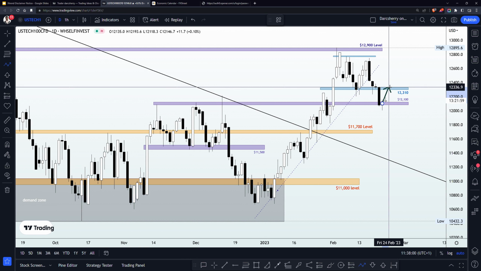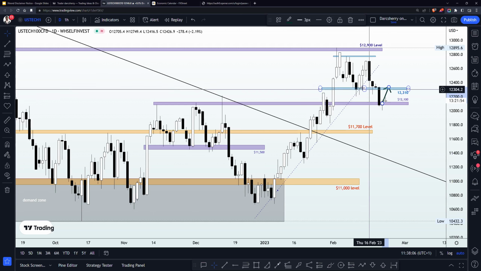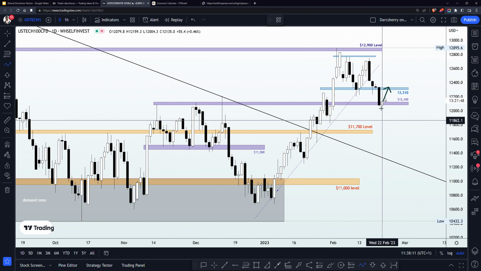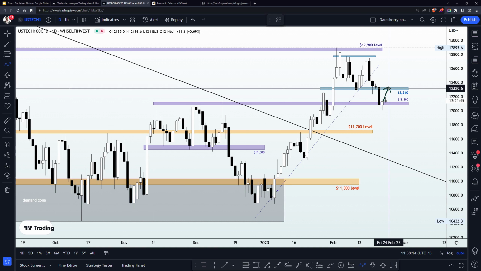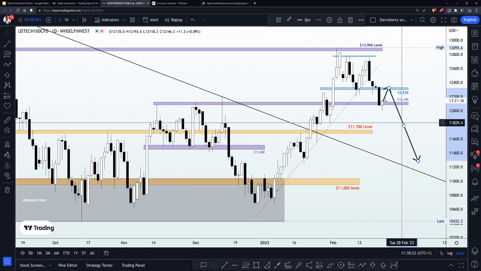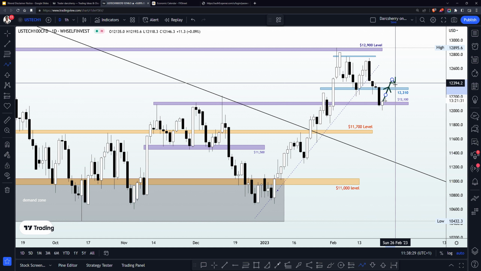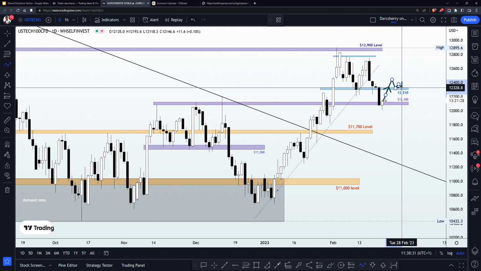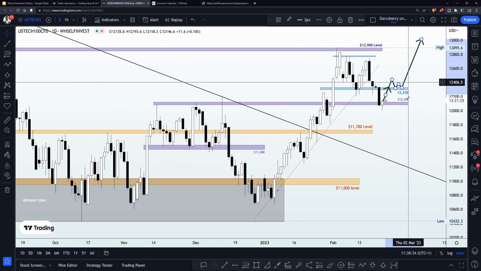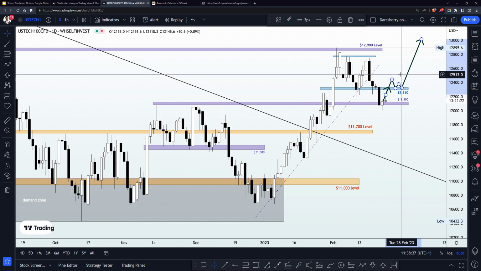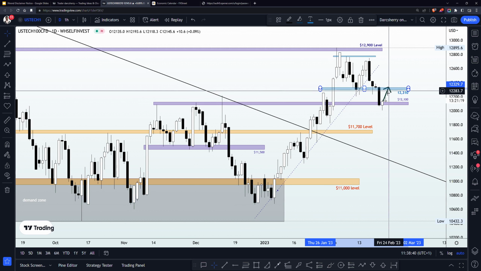And it now depends on how price action reacts to the 12,310 level, which is the neckline of that double top structure that will determine what our next line of action will be. So if on around the 12,310 level we start seeing selling pressure on our lower time frame, then definitely we will be seeing this as a retest of the neckline in anticipation of another wave of bearish momentum. However, if price action breaks out of the 12,310 level with buy pressure above this level, then this will be welcoming additional position in anticipation of another wave of bullish momentum here. So these are the things we are going to be looking at.